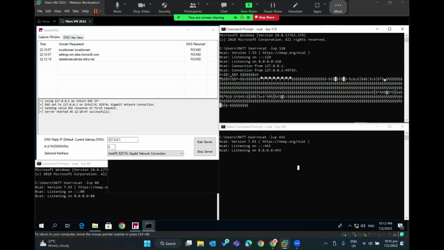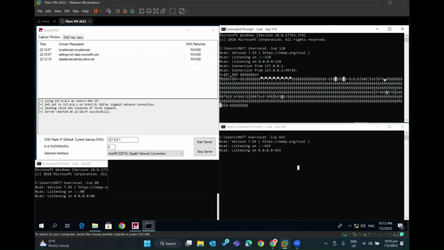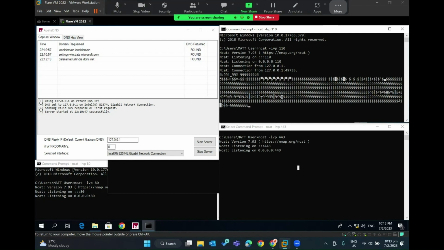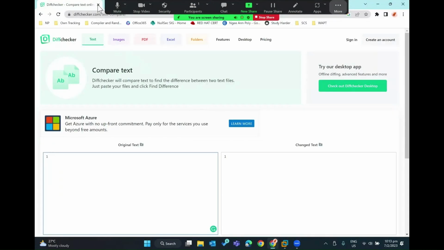Port 110 is the port for POP3, and POP3 is usually used for a mail server. So it's likely that the malware is sending a mail with some information towards this specific domain. So upon searching up this domain within the